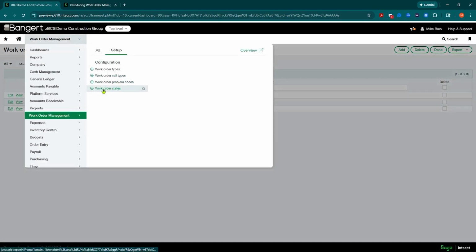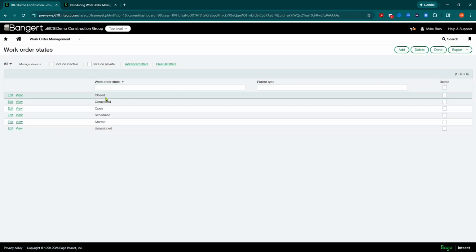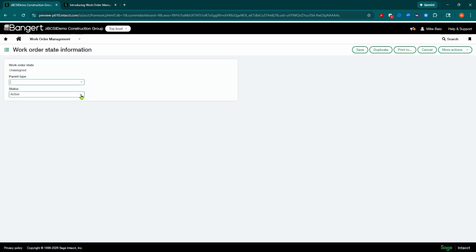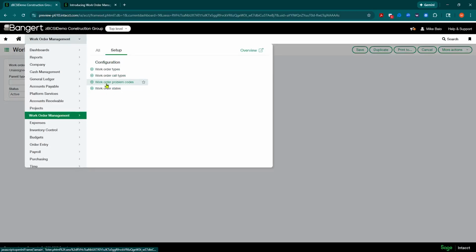And then you have problem codes and states. And what's nice about states is basically you can track the progress of the work order in here with states. And so I set up a few of these called unassigned. Maybe I'm going to put the work order in, but then I'm going to assign it to somebody later. Then a started, a scheduled, a completed, a closed. And in each one of these states, one thing that's kind of neat is I can come into here and say, for example, when it's unassigned, maybe I want to leave it in an inactive state. And this would potentially keep anybody from accidentally coding to this work order yet in time entry or anywhere else in the system if it was inactive. That's an optional piece here. But these can be set up, and they can also be set up during your work order creation.